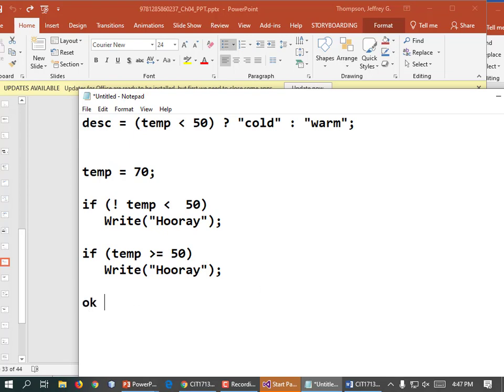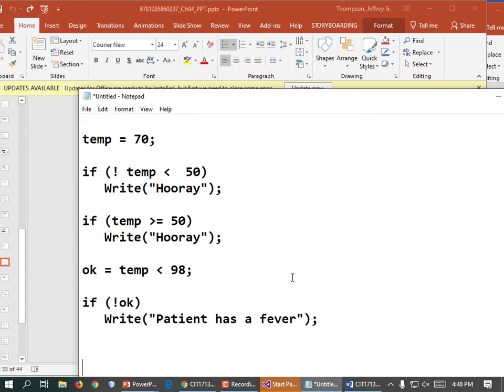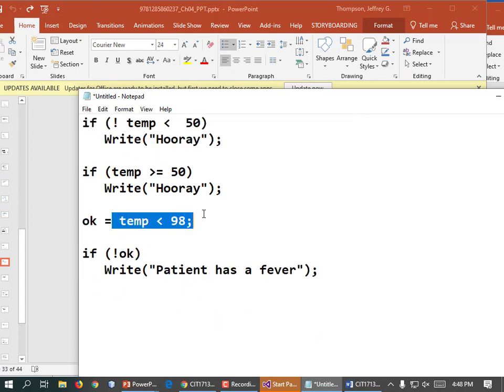So you could say, okay is equal to, if the patient's temperature is less than 98 degrees. Right. And then you could say if parentheses not okay. Not C out, this is not C++. Right. Patient has a fever. See what happened? This condition was evaluated. It was stored in a variable, Boolean variable, and then we took the not of it. We took the opposite of it as our if statement. So,